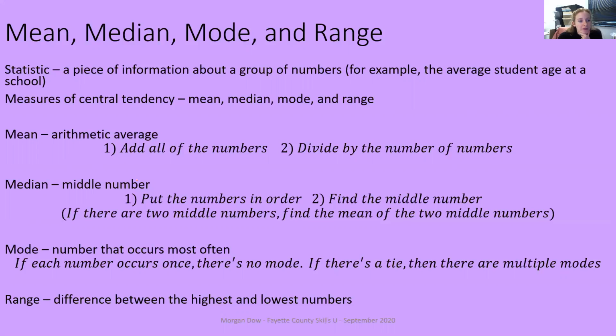So the first measure let's talk about is the mean. Mean is also sometimes called the arithmetic average, the average. And the way that we calculate the mean of a list of numbers is we add all of the numbers and then we divide by the number of numbers. So if you wanted to know the average or the mean age of students at a school, you would add up all the ages of every single student and then you would divide by the number of students. The median